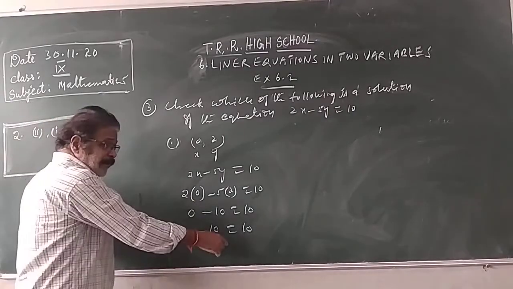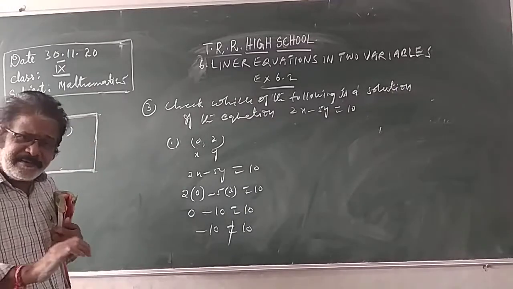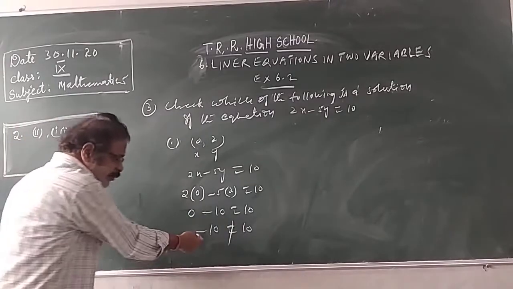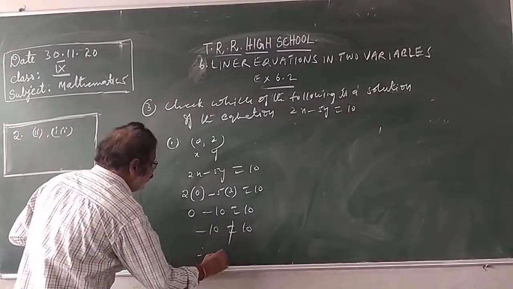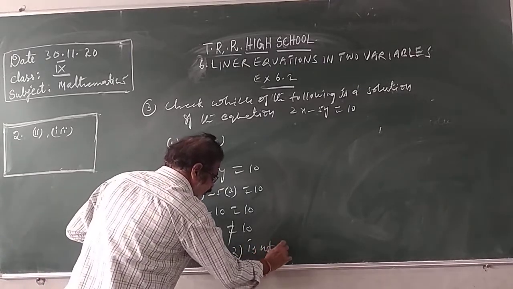It is negative, it is positive. It is not equal. If both sides are the same, LHS and RHS have the same values. RHS, what is here? 10. LHS also you must get 10 only. But what did you get here? Minus 10. So they are not equal. Therefore, it is not a solution. (0, 2) is not a solution